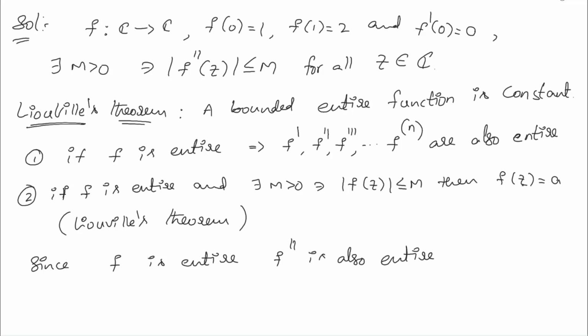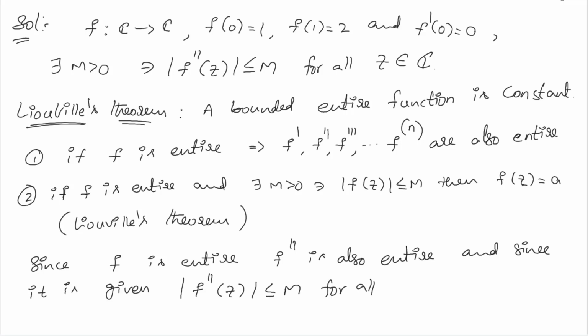Entire in the sense entire function. And since it is given that modulus of f double dash of z is less than or equal to m for all z in C,